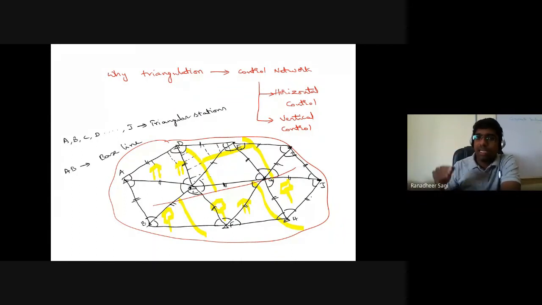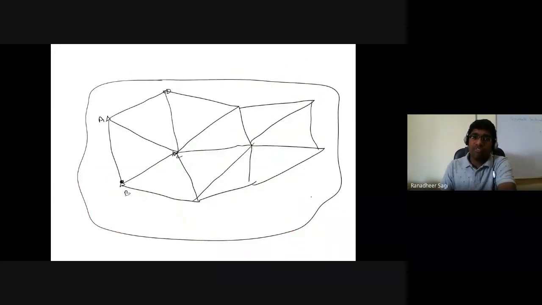And once that is understood, then you go on to prepare your map. So in the process of preparing the map, first we go on to represent your control network. Now, how do I represent my control network on your map? First I'll start marking station A and station B, because the length of that line AB is exactly known to me. So I'll try to mark the station A and station B positions.